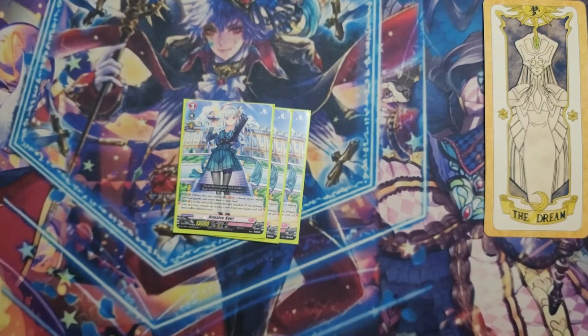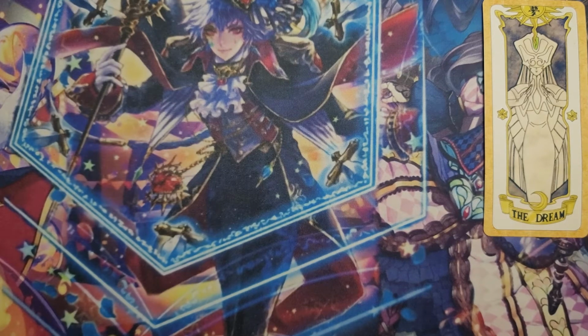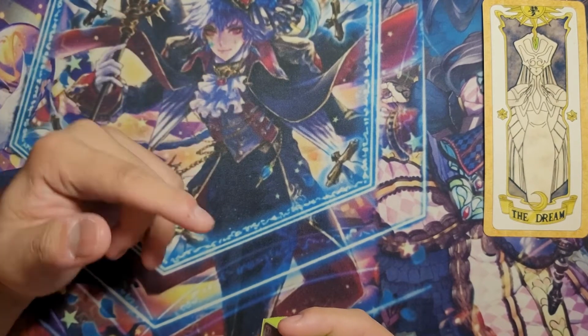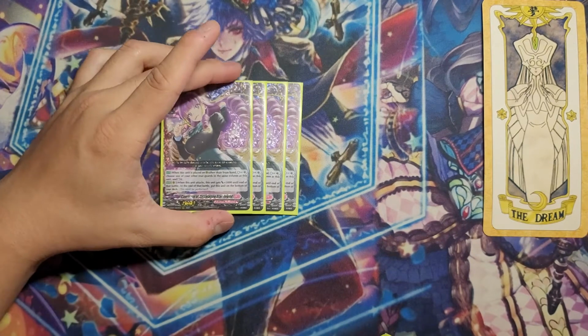So we have 3 more copies of her because persona riding is important. It might be a little issue having to persona ride in order to use her second skill, but I add in a few cards to help mitigate that. We're gonna play 4 of the